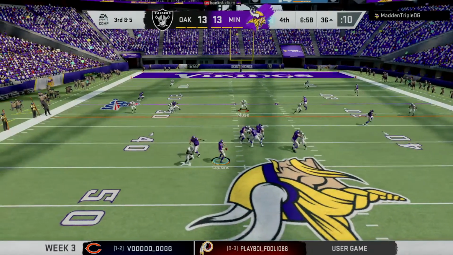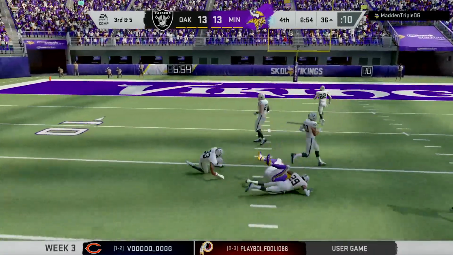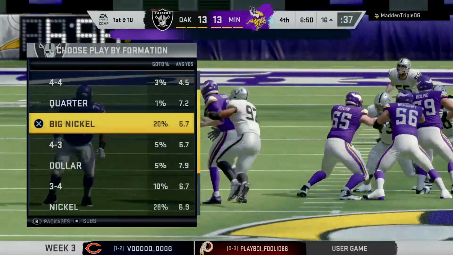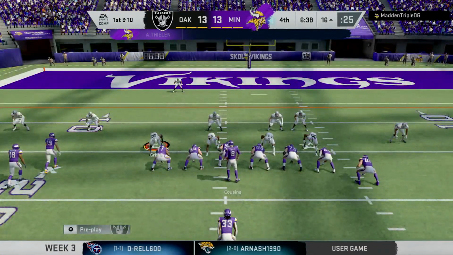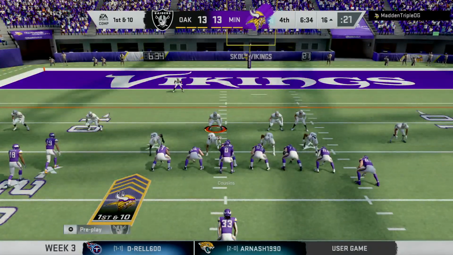To throw is Cousins. Open man is Thielen. It's complete. And they'll wind up getting this one all the way down inside the 20. An excellent pickup of 20 yards. This drive, it's been a good mix. 3 passing plays, 3 runs, hitting on all 3 of those passes, and the last one putting him in the